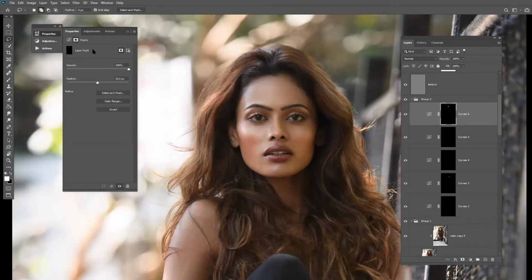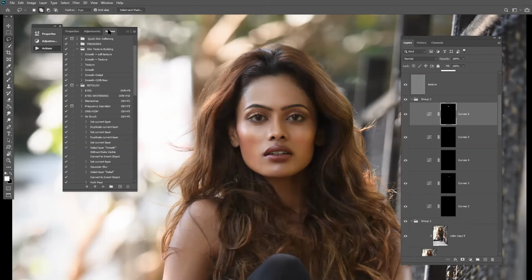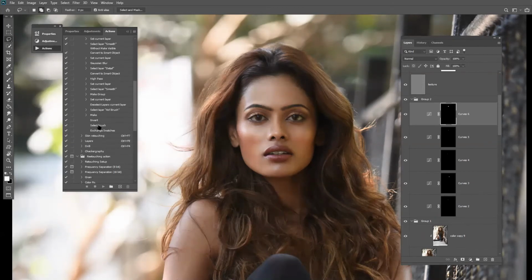For this, instead of hand, we can use a burn layer. It will be much easier. When we are doing fine line work, it's better to use burn layers instead of hand.